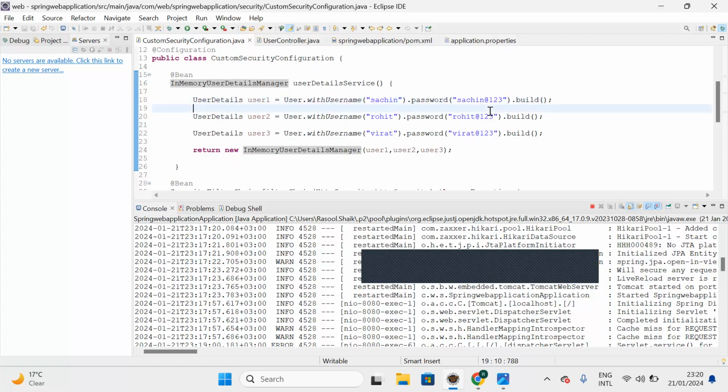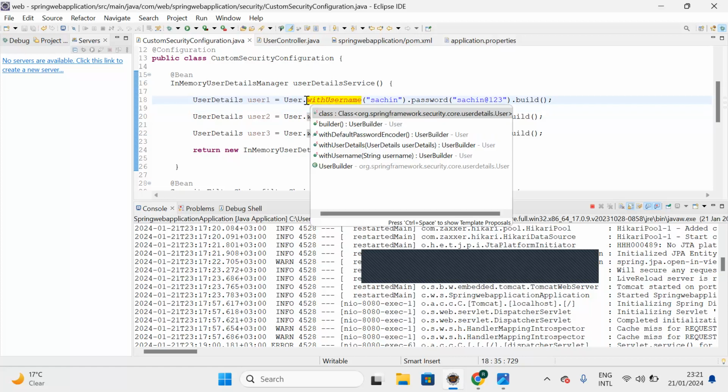Okay, so let me encode the password. How can we encode the password? There are different types of encoders in Spring Security. As of now, we'll use the default password encoder. So how can we do that? Let me show you. So there is a user, and here, user dot, you have a method called